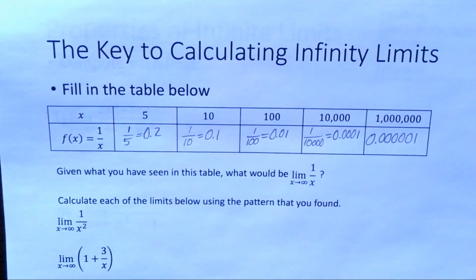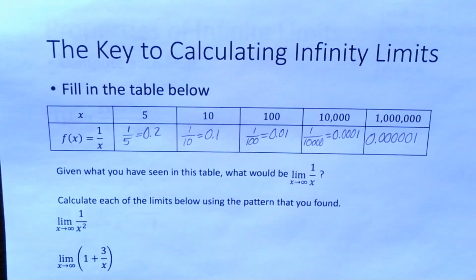Now, think to yourself, where are these numbers headed? What is happening as the input gets larger and larger? Looking at this table, these numbers are getting closer and closer to 0. And in theory, if we were to get larger and larger, we would continue to get closer to 0, to the point where the difference would become negligible. The value of 1 divided by a very large number is almost 0. So we